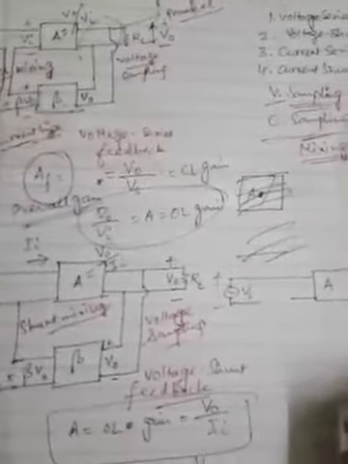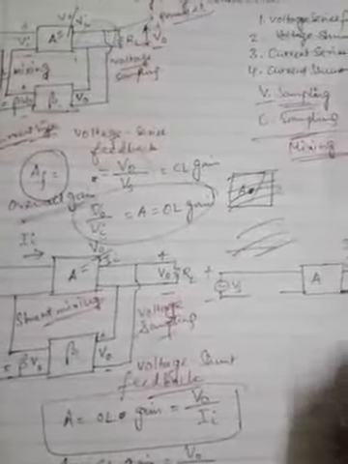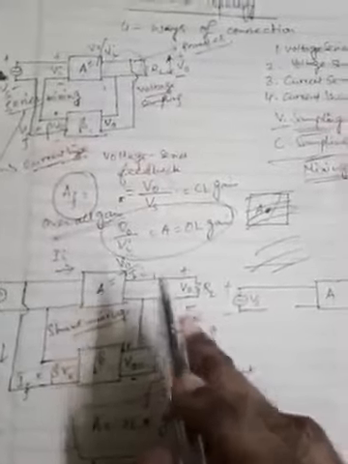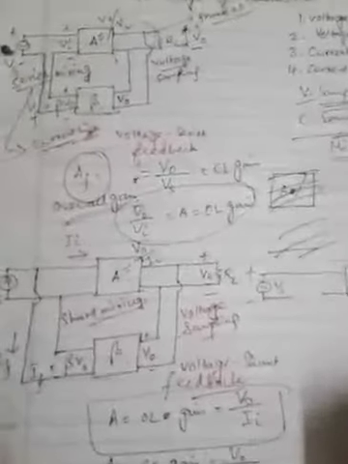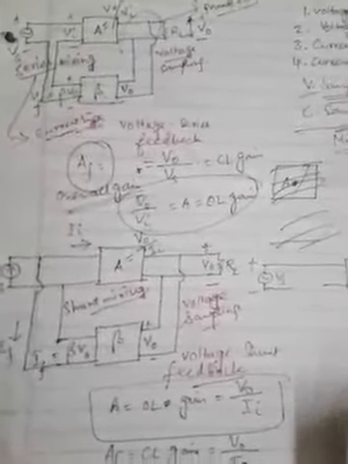That means in what way, in what fashion are we doing this? In series. This is not in shunt, unlike the previous two occasions, unlike the first occasion and also the second occasion. In the previous two occasions, we took the tapping or the sampling from the output in parallel, but here we are taking it in series. That is being provided as the input to the feedback network, which is beta,